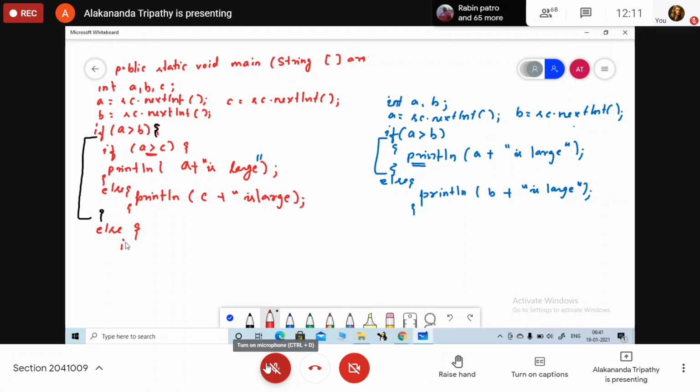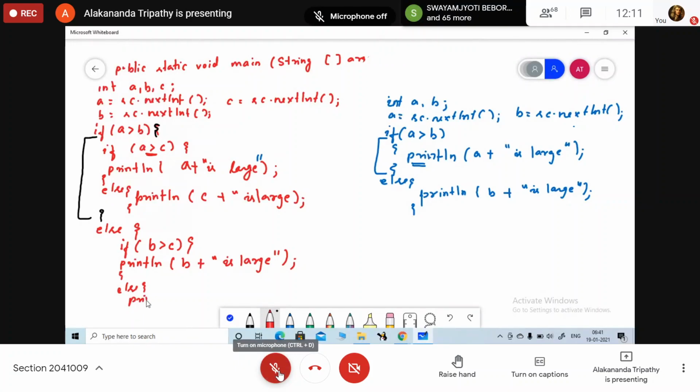Again within this else block I am writing if B greater than C. Now when this condition is false, if B greater than C, what do we check again? Here, if it is true, println B is large, else println C is large. Okay.